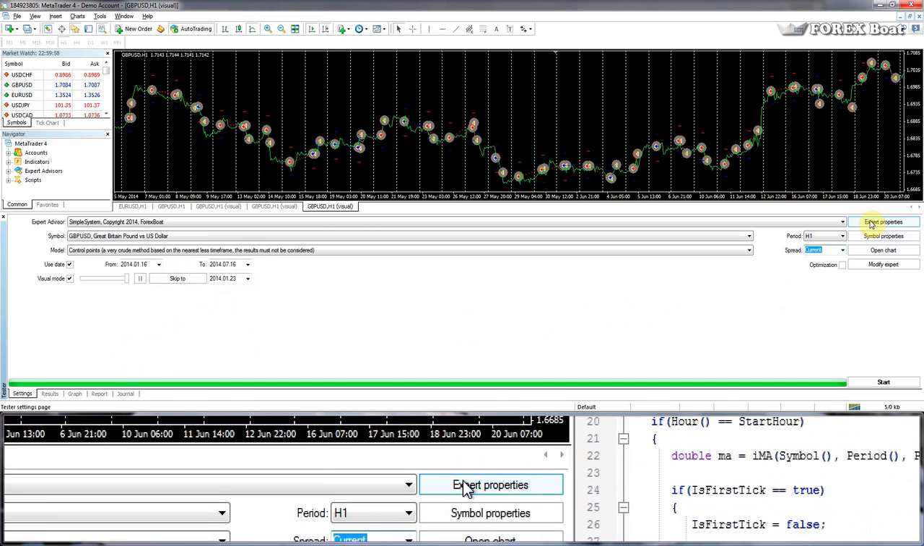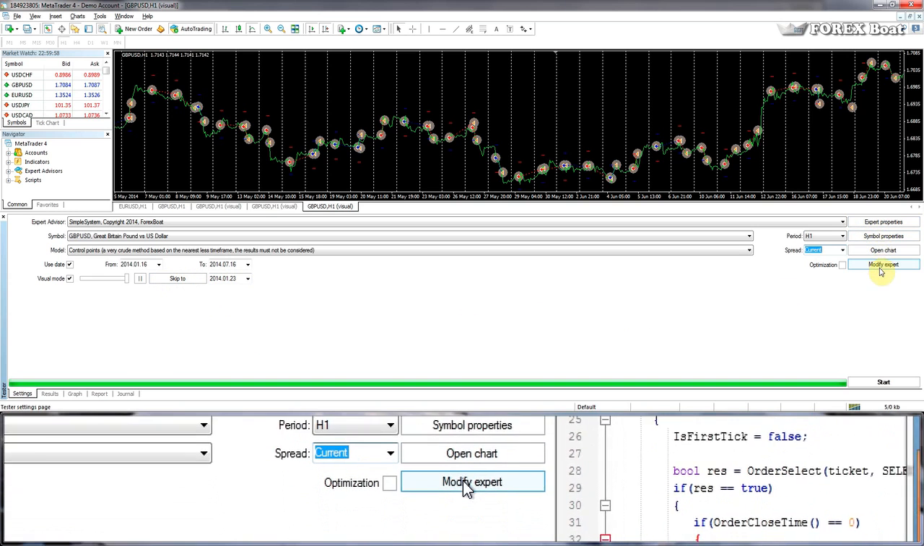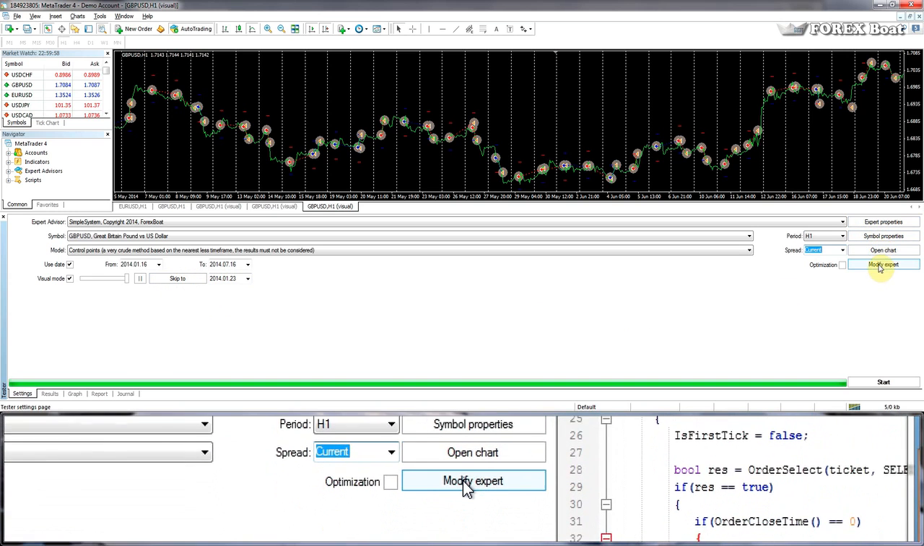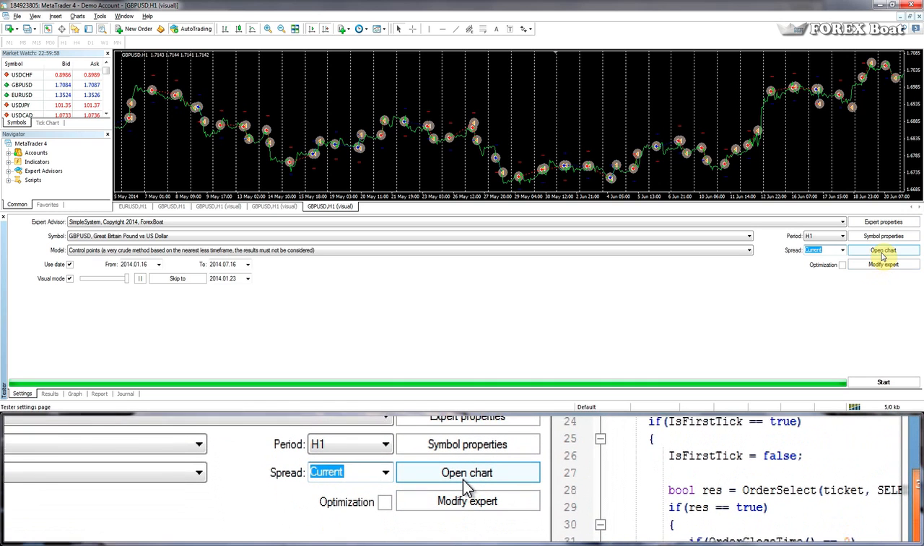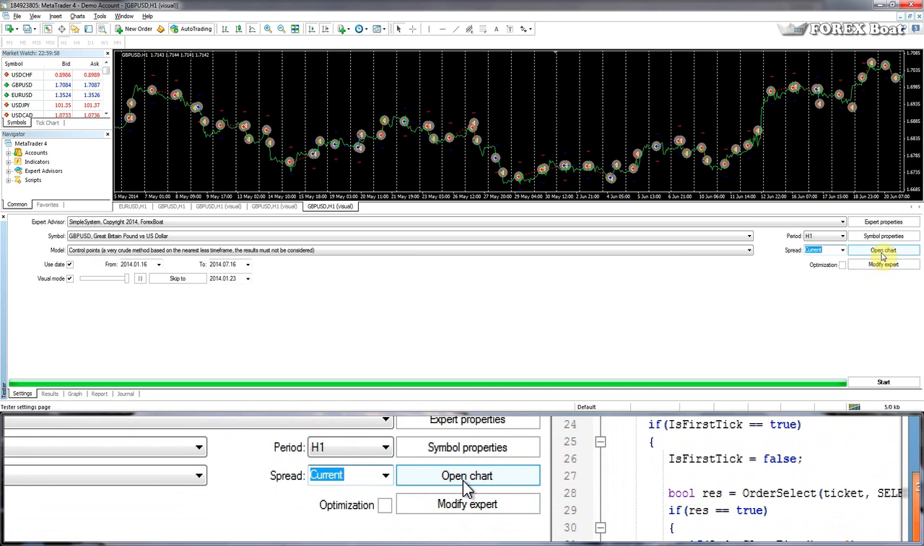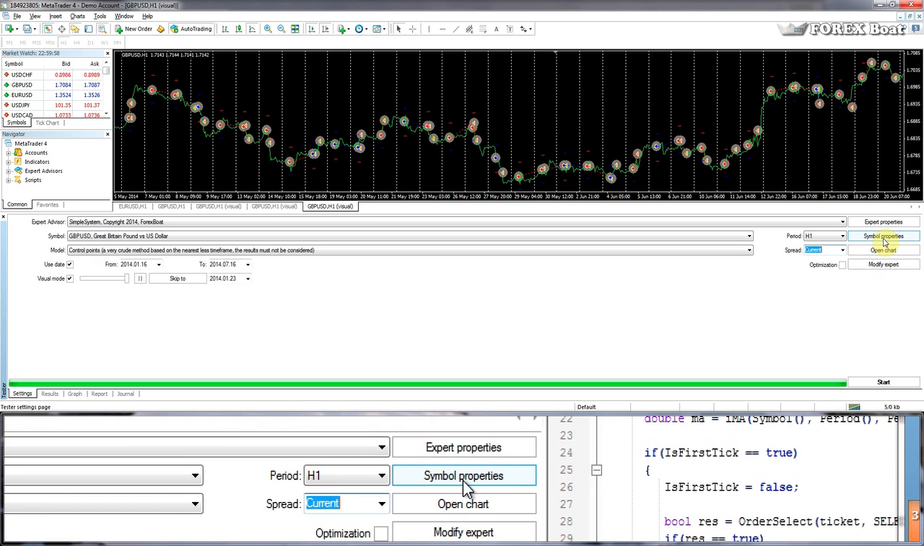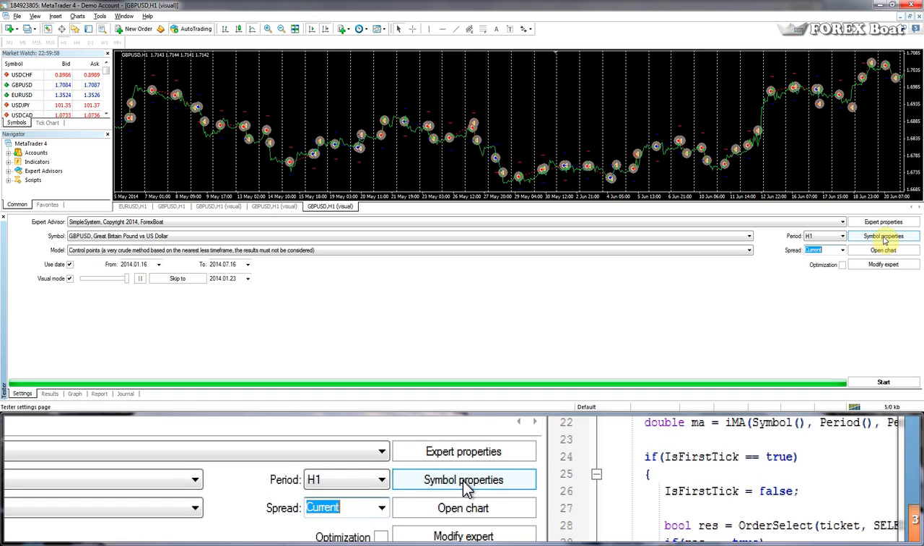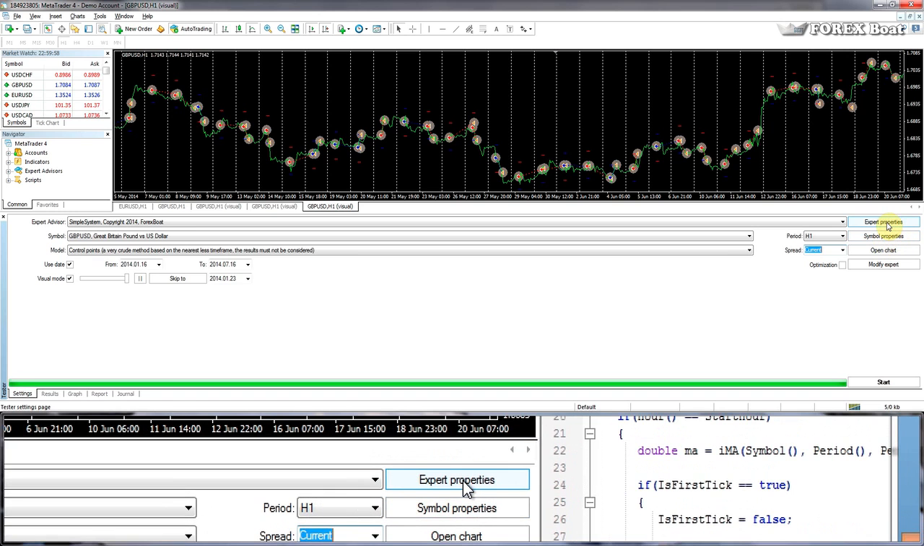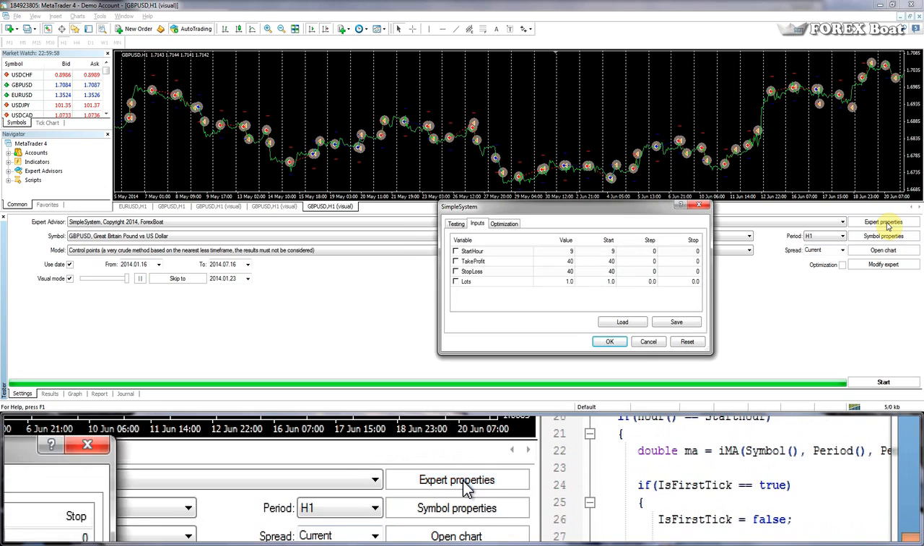So then you need to also remember about these buttons over here. Modify expert, that opens MQL4. Open chart, I never use that button actually. Symbol properties, it tells you the properties of the symbol. Same thing, I don't often use this button. Expert properties is a very important button. If we click expert properties,